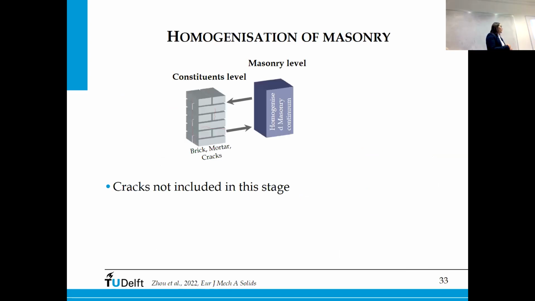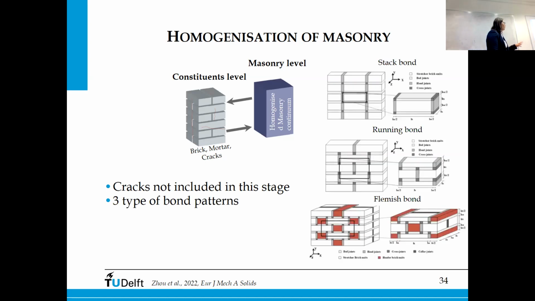So the first step to try to develop that was to first consider the homogenization of the masonry, so using the Mean-field homogenization technique to go from the level of brick and mortar to determine the stiffness tensor of the masonry. And this work was done together with researchers, and we recently published it this year in a journal paper. So in this stage, I do not consider cracks,